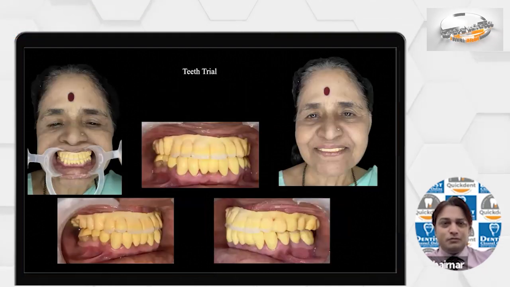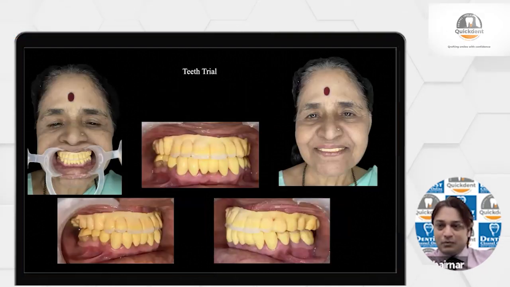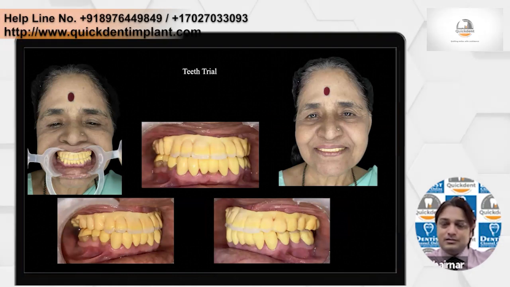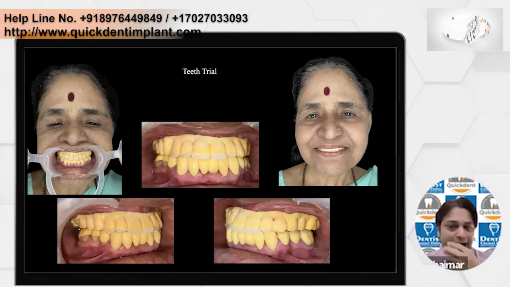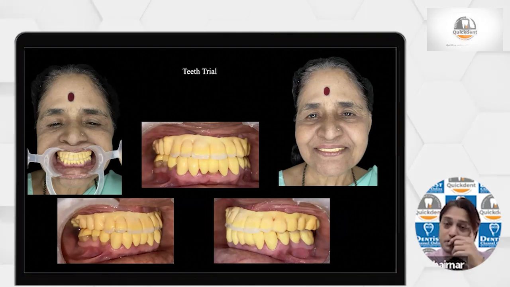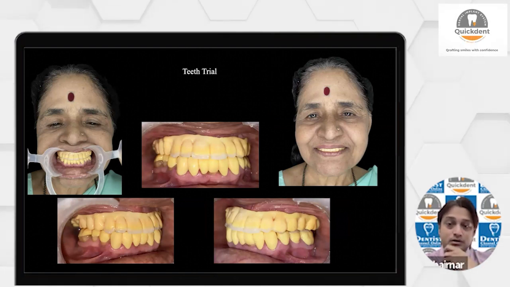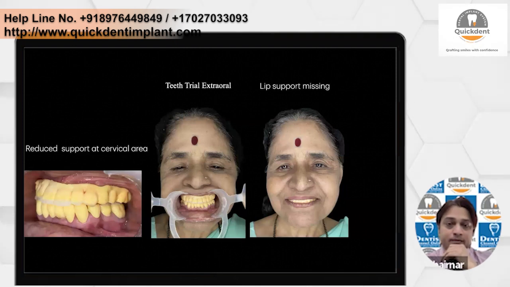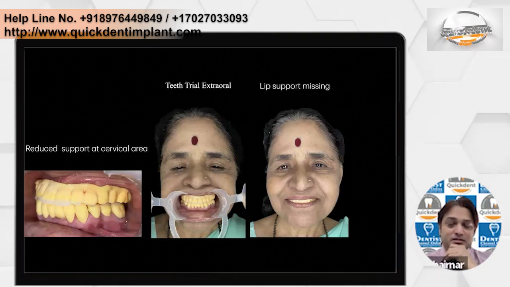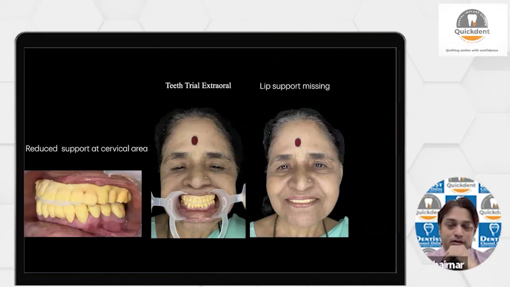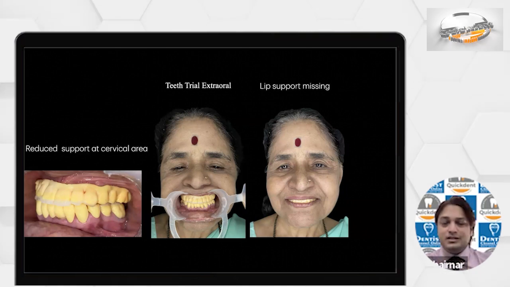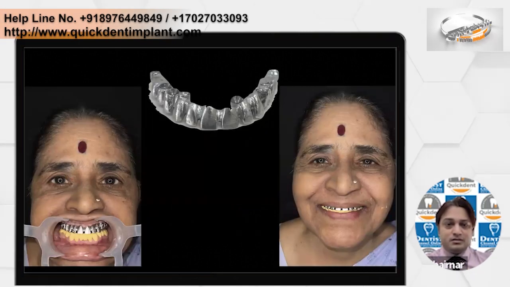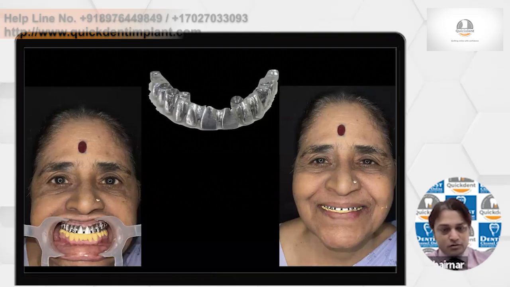Now what we thought, the teeth are very short, so we will add certainly some composite just to give them a guidance that this should be the projected length of the incisors and the lateral incisors. Everything okay. Now this has been sent to the technician. Here also we did the scan and we send it to the technician. All fine. He just made the metal trial according to this.